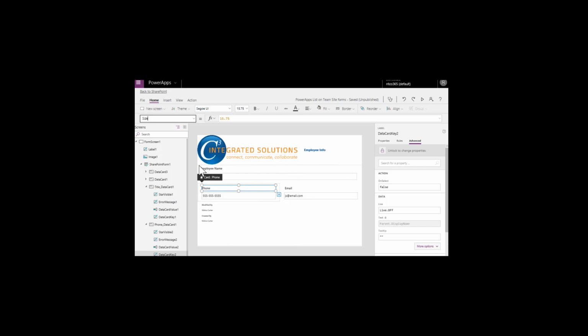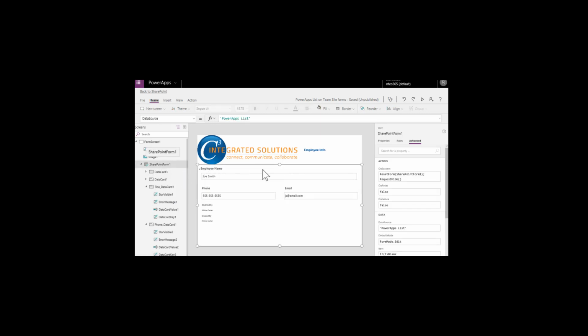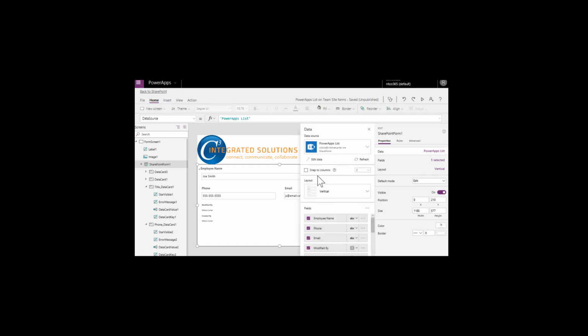So what I'm gonna do is go to the form right here. The form is, again, connected to the data source, remember? So if I go to properties and I look at the data right here, this is the data source. If I click on that, it shows me all the fields that are available to me because they're all available in this list. And sometimes you just need to refresh it because you added another